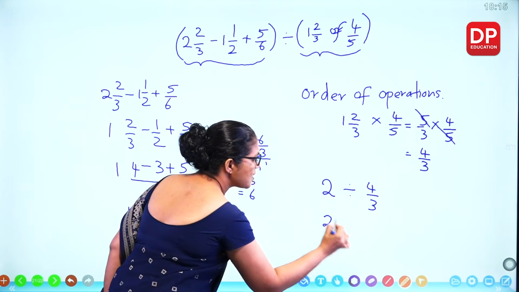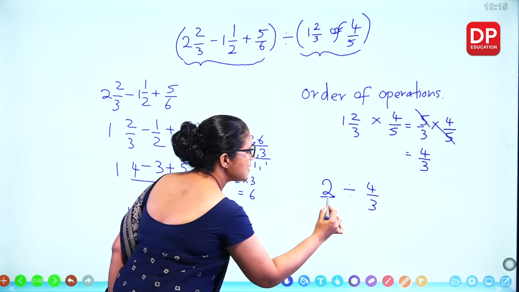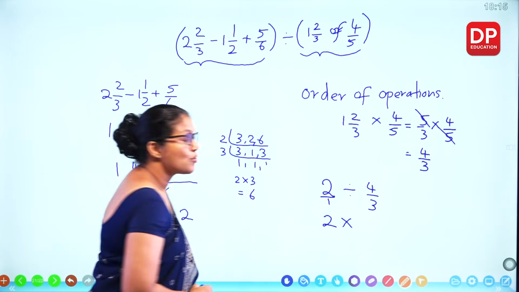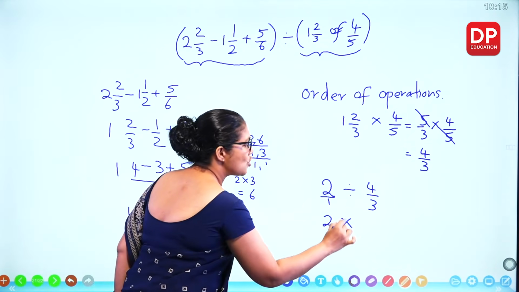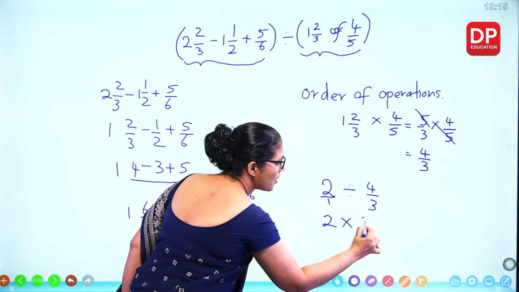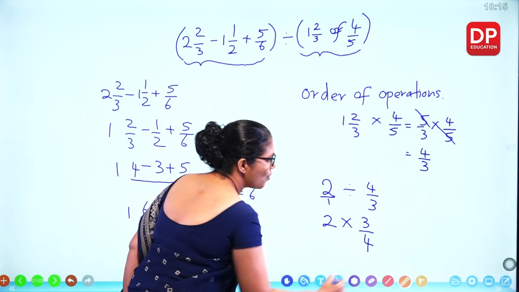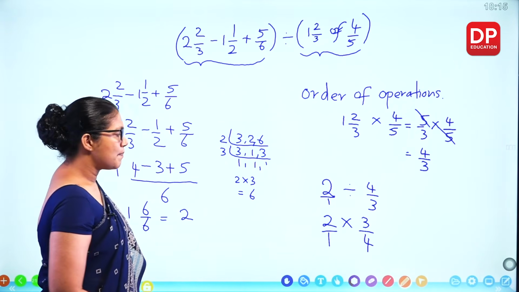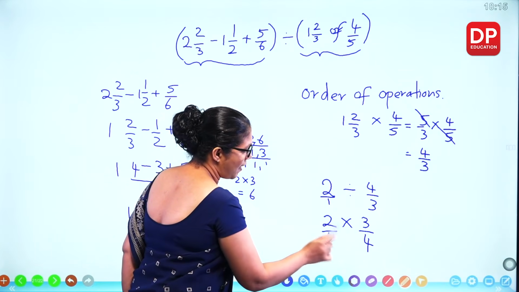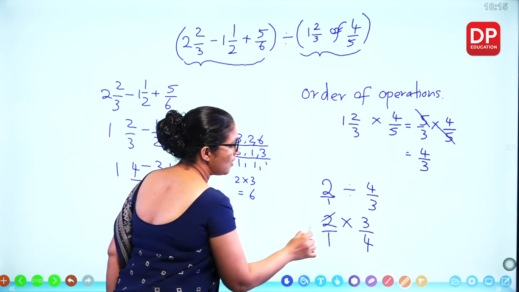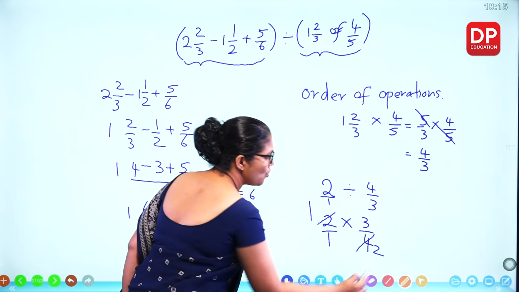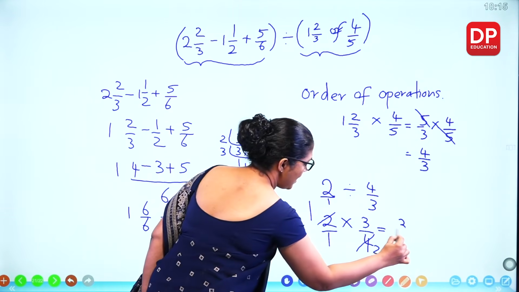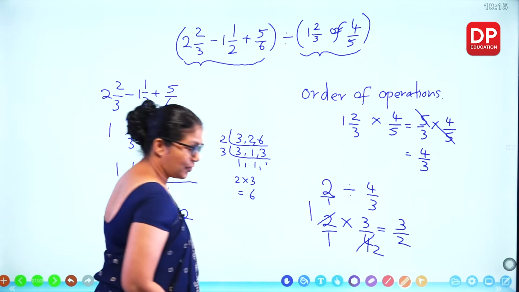Now what do we do? You keep the first fraction as it is. I can write 1 here. Convert to a multiplication, so switch the sign and take the reciprocal. 3 goes up and 4 goes down. And see whether you can multiply. First simplify. So 2 and 4, I can see you can simplify by 2. Then what is the answer? 1 times 3 is 3. 1 times 2 is 2. 3/2 is an